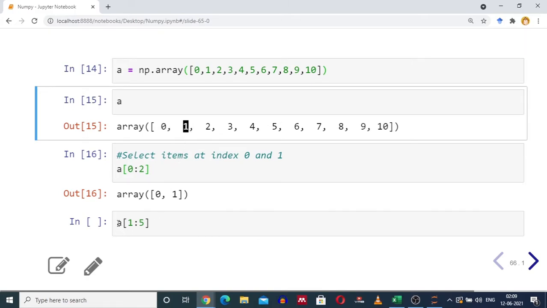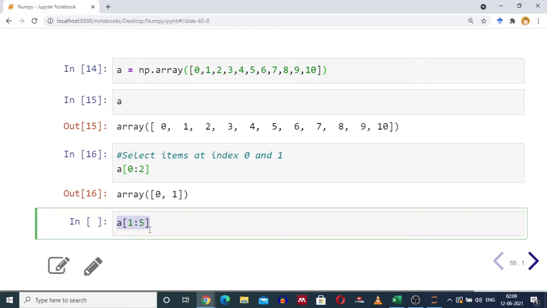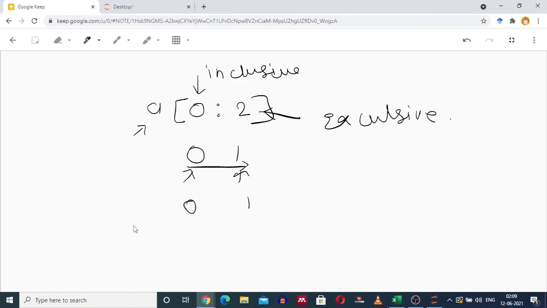Similarly, when you write A[1:5], we are starting from 1 and running till 5 minus 1, which means 4. A[1:5] represents that we want the elements at index 1, 2, 3, 4, including 1 but not including 5, so we run till 4.